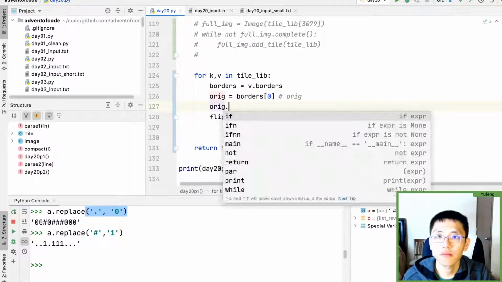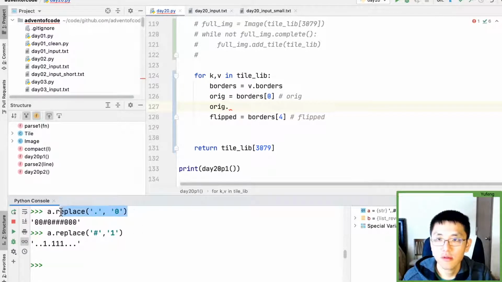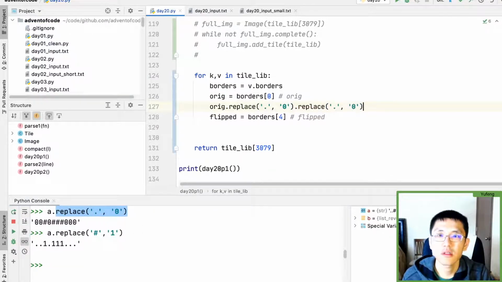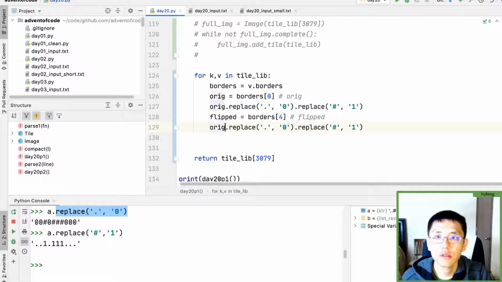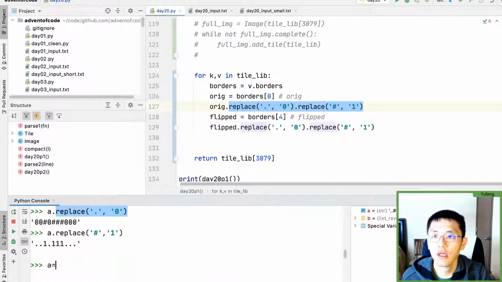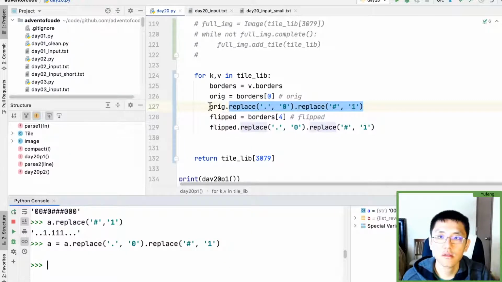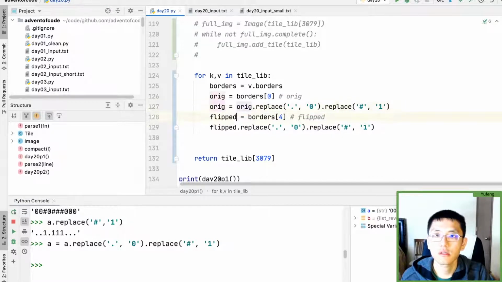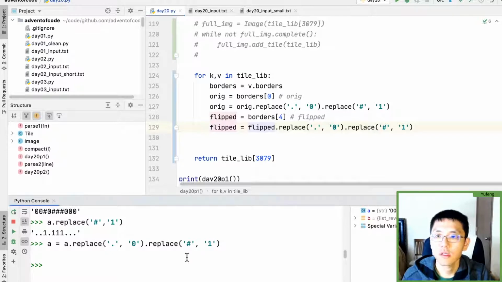Orig dot replace, no, replace dot replace, and we're going to do that for flipped. So now we have numbers, and then we're going to convert A equals A dot replace. So now A is this string. So orig, flipped, and then